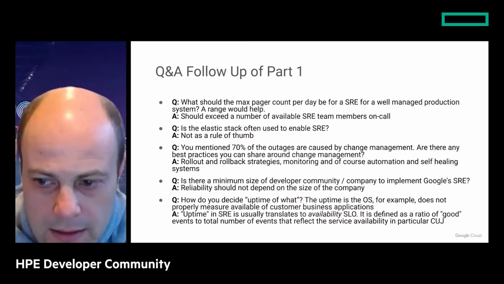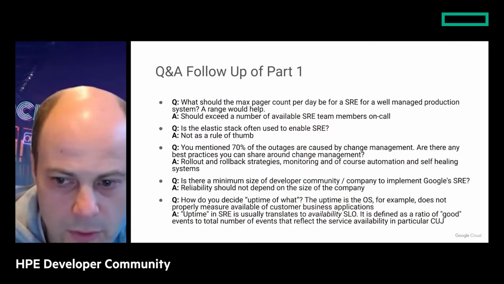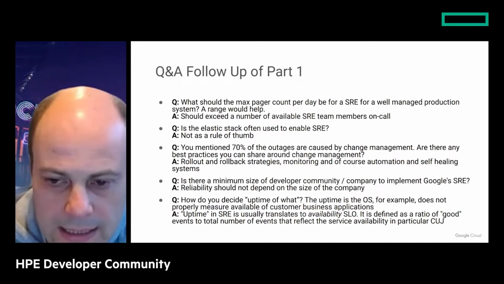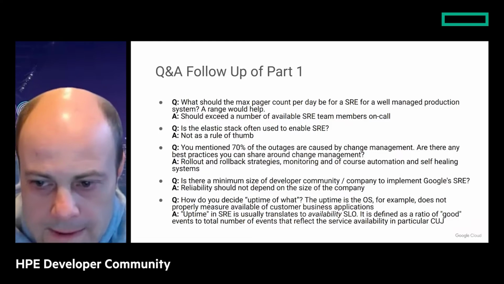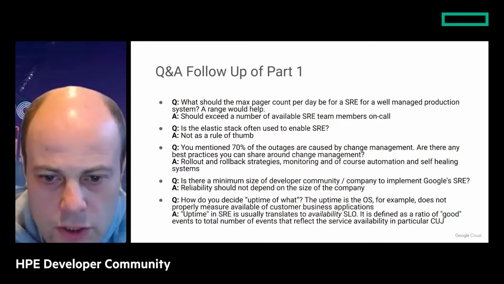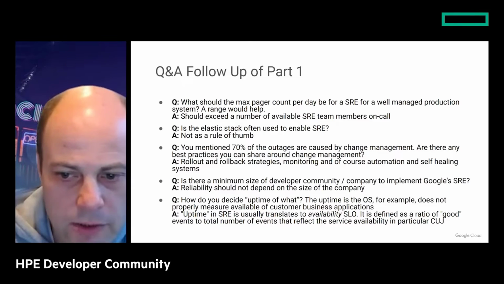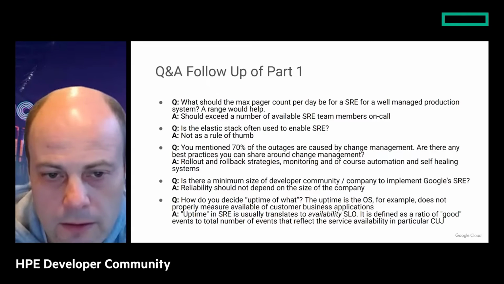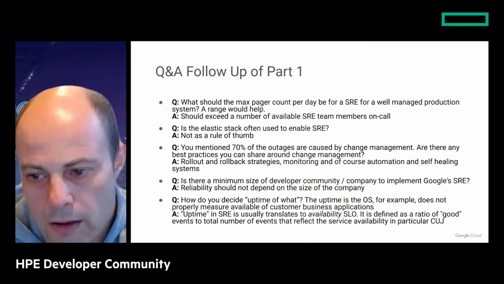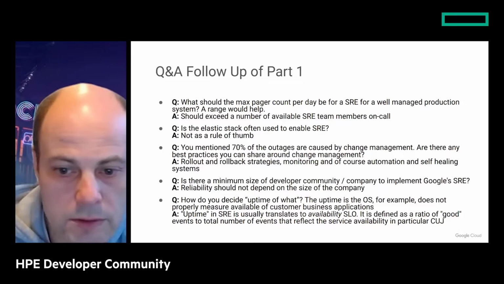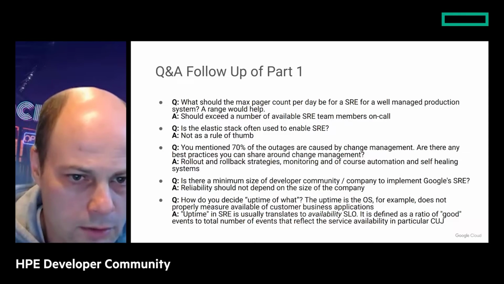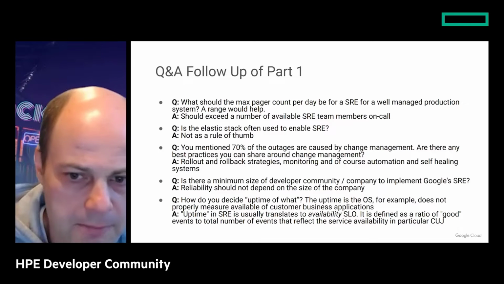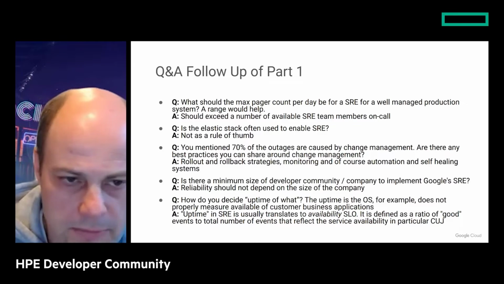Any SLO, as I described, is measured as the ratio of good events versus total events. Meaning it comes to the definition of which events describing availability of the service in a particular critical user journey are good, versus those that describe the service as available. So to give a simple example, if we speak about some website,